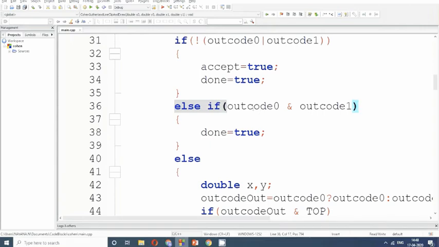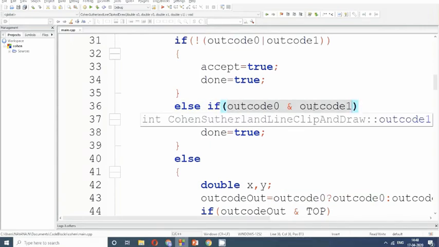If this if is not true, then I have to check the AND. If this AND operation is true, that means my line is outside the window, residing completely on one region outside the window. That's why I'll just ignore that line.